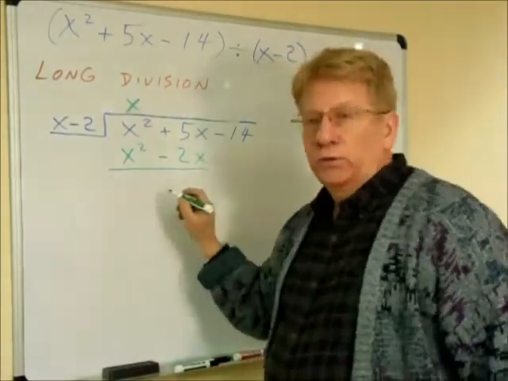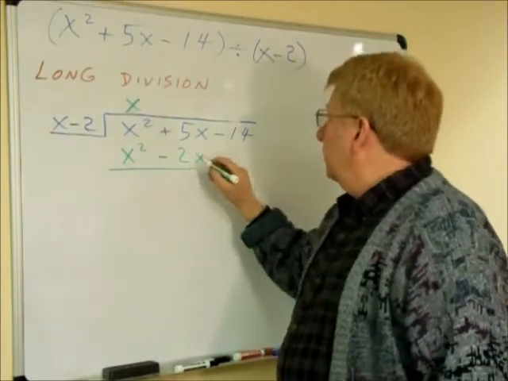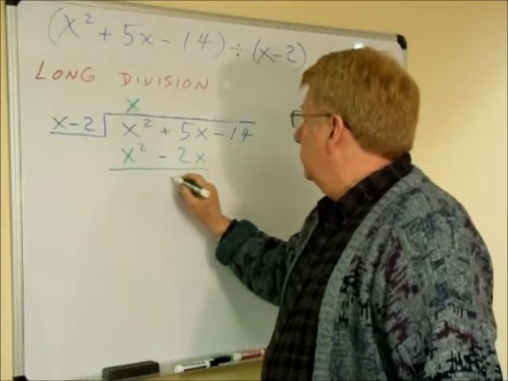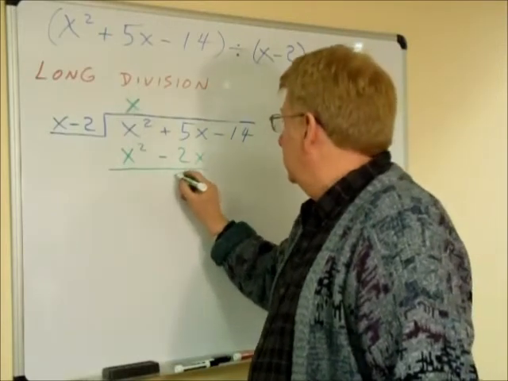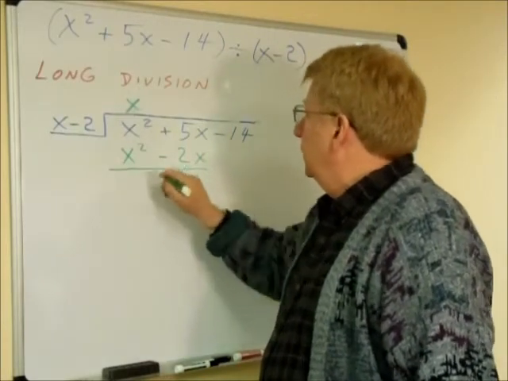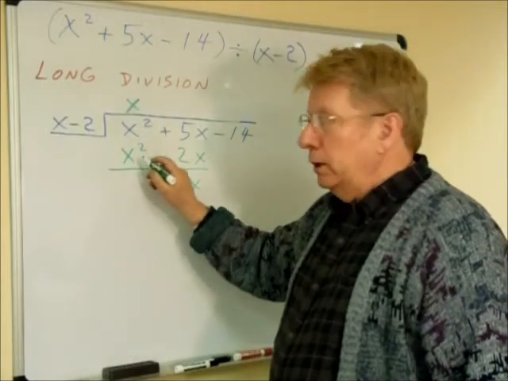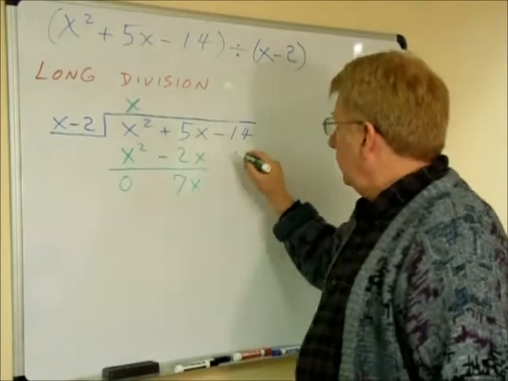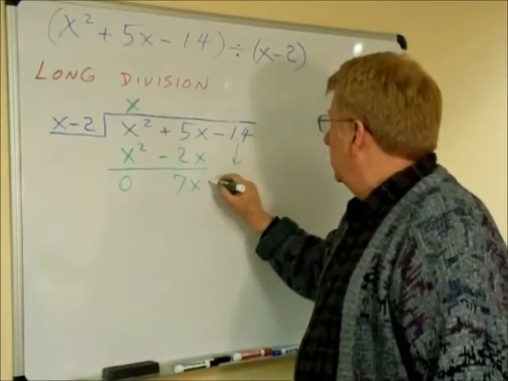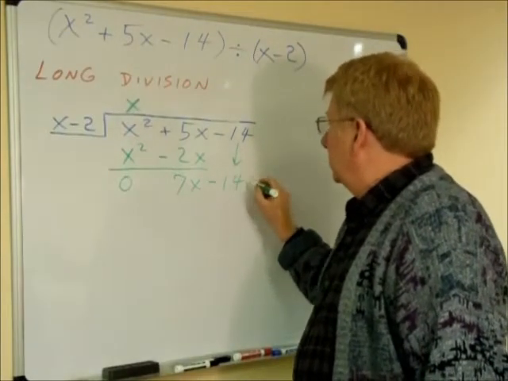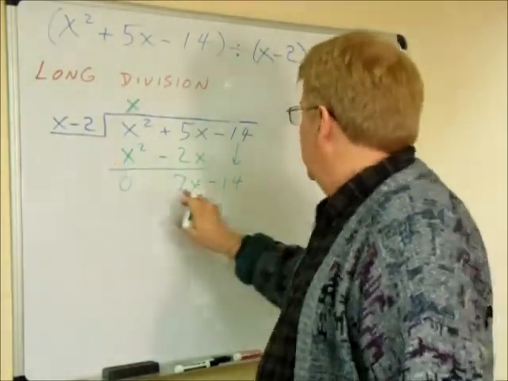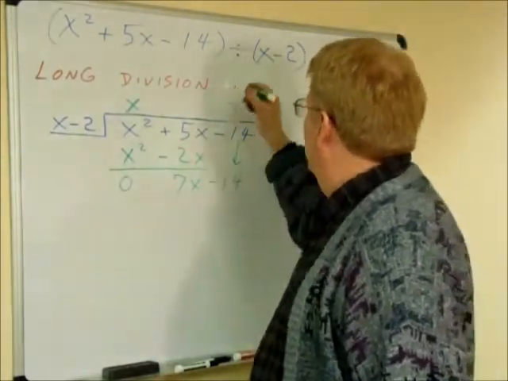Just like regular division, now we subtract this bottom. 5x minus a minus 2x would be 5x plus 2x. We get 7x. X squared minus x squared gets rid of that. It's a 0. Now we carry this down, minus 14. Now we divide this into this. We get x into 7x